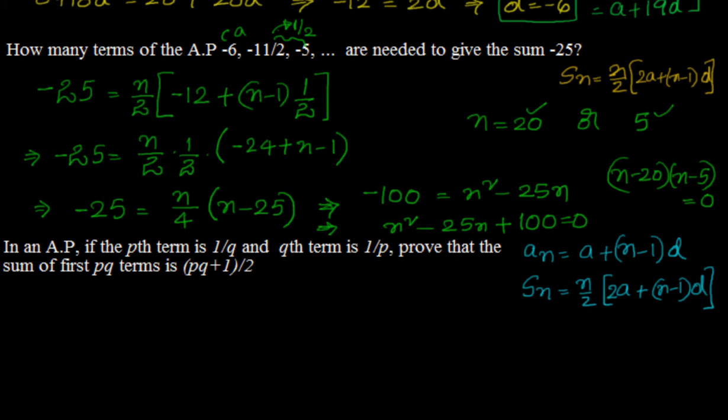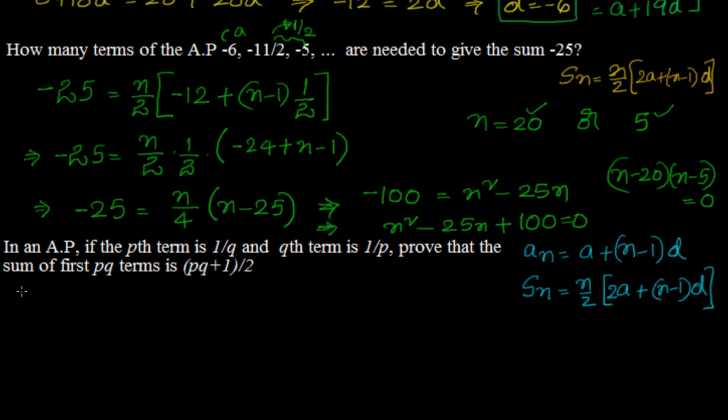Okay, right. Now how we have to solve this problem is, we have been given two conditions. From that we have to be able to find out the value of a and d. We have two variables a and d to find out. We have two equations, two variables. You should be able to find out the value of a and d, then substitute that to find out the sum of first pq terms. It's going to be pretty simple. Now let's find our equations.